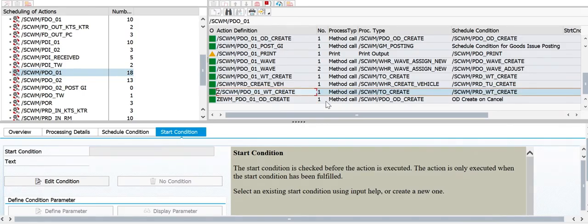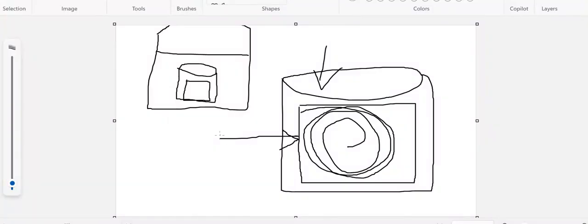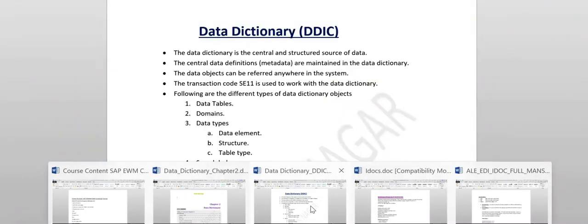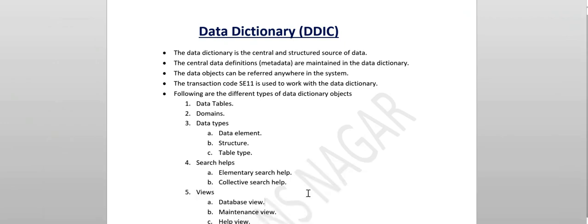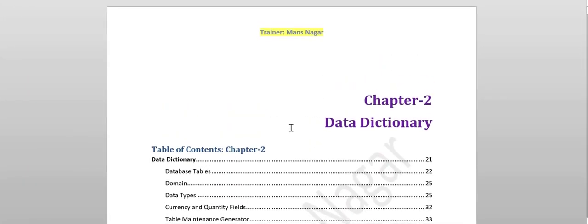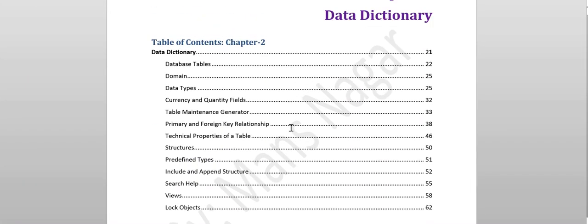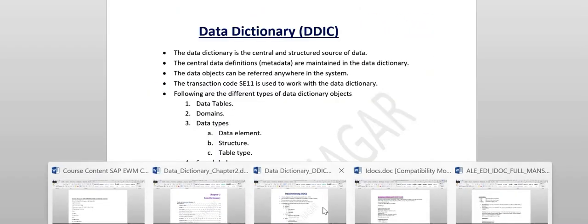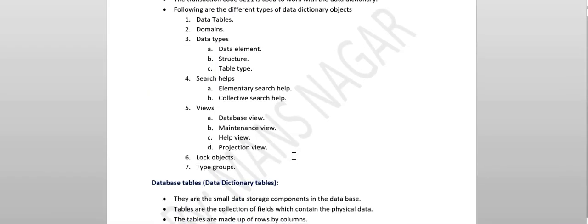These are covered in other sessions in technical EWM, where I cover these parts: what are the classes, what are the methods. But here I'm showing it briefly. So whenever we execute any functional configuration, it fetches from here. On the technical side, I cover the central repository system, database, data dictionary. This is the second chapter. In the first chapter, I covered how we work with the